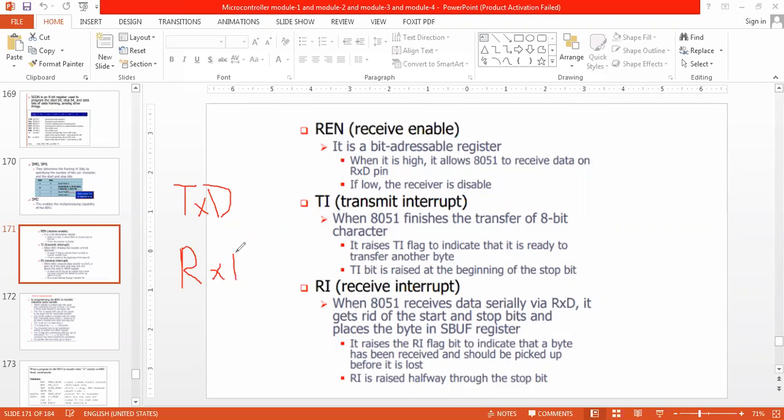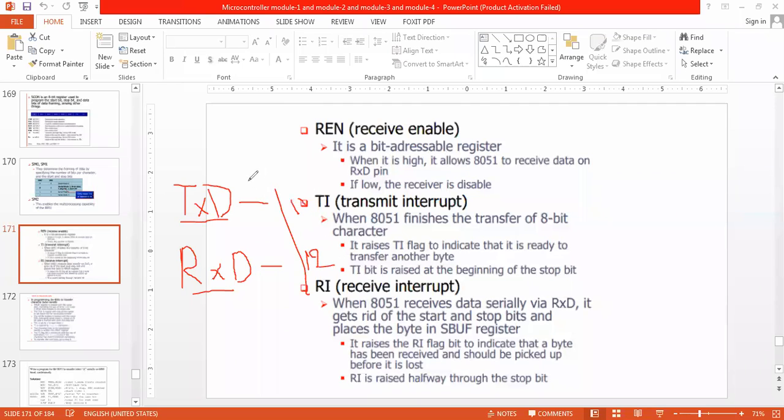It is a must. Whatever you do, you have to draw the pin diagram and know each pin's function. Upon transmission and reception of data, we have these two pins in the 8051, 11 and 12.